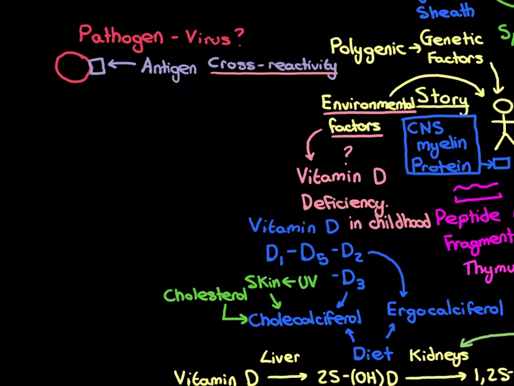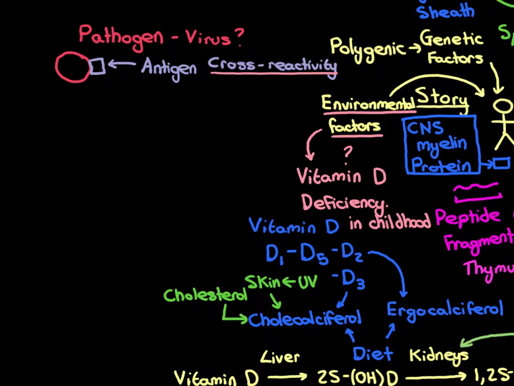just one. We are, of course, interested in the fact that this pathogen, because one of its antigens might have the same peptide fragment that is within the CNS myelin protein and the same epitope that's within the CNS myelin protein, that we have autoreactive CD4 positive T cells and B cells directed against respectively, that we could end up initiating that specific adaptive immune response, and then it could then go on and attack the CNS myelin protein. Now,